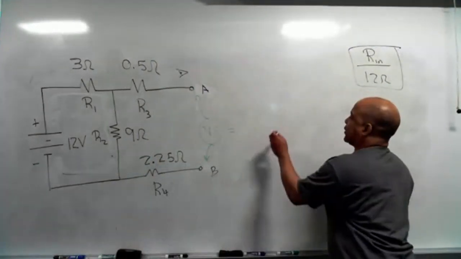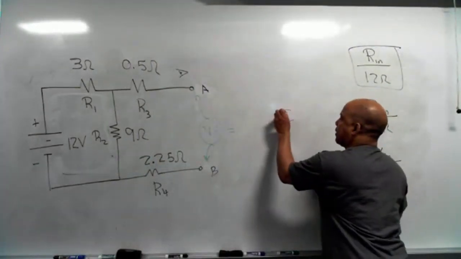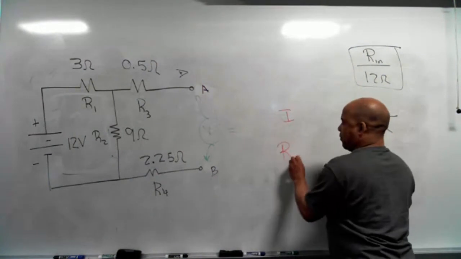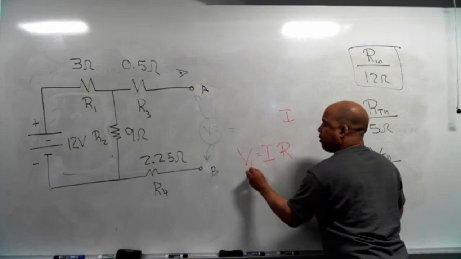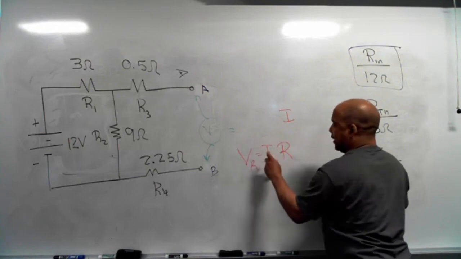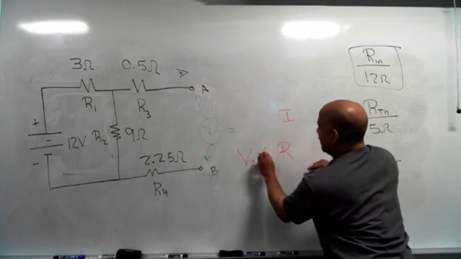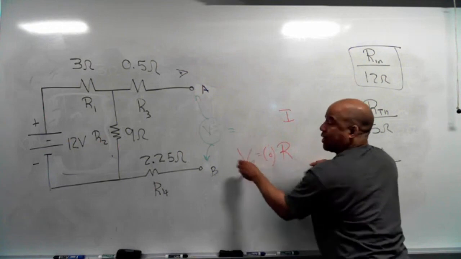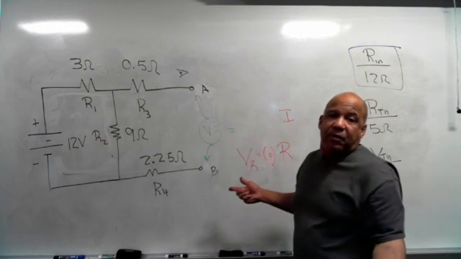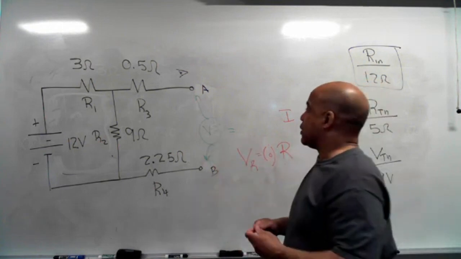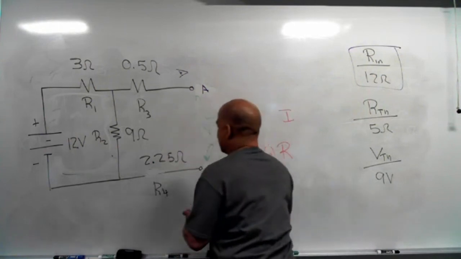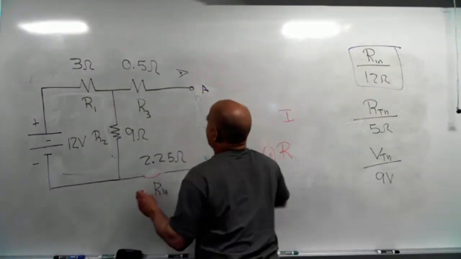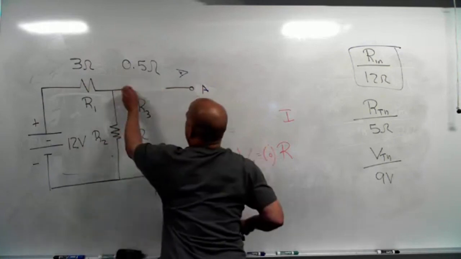The equation says that if I have a resistor and I send a current through the resistor, I get a voltage across that resistor. If you make this current 0, then that voltage drop is 0. If it's not dropping voltage, it's like a piece of wire. So what you can do, imagine this as a piece of wire, and imagine this as a piece of wire,